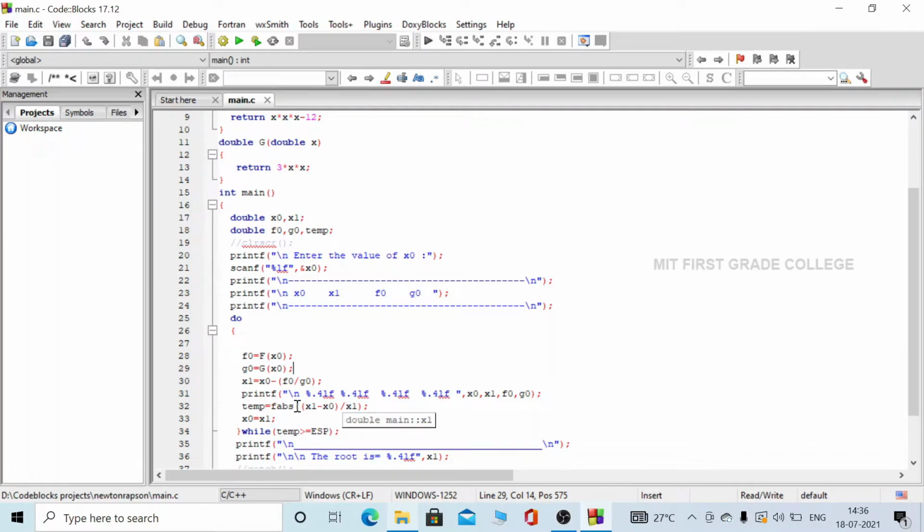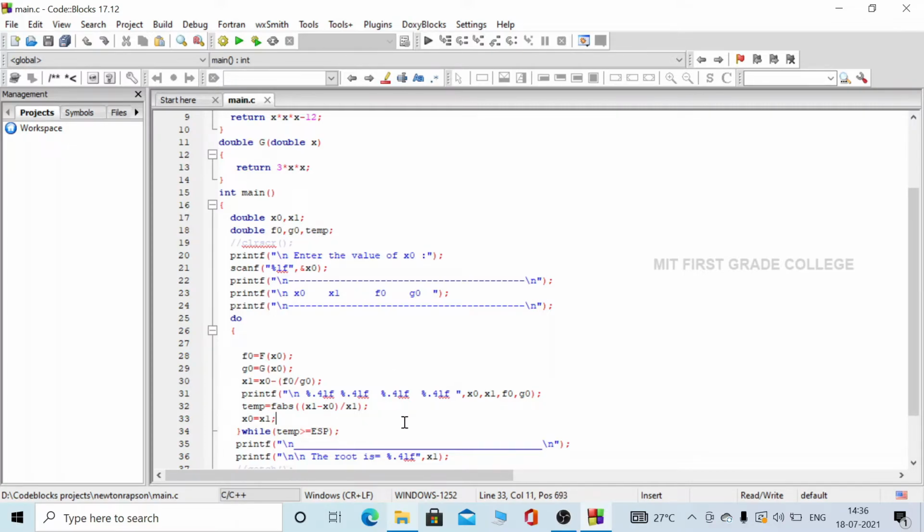The fabs function is used to get the magnitude, that is, if a value is negative it is taken as positive, and if it is positive it is taken as positive. This is stored in temp.